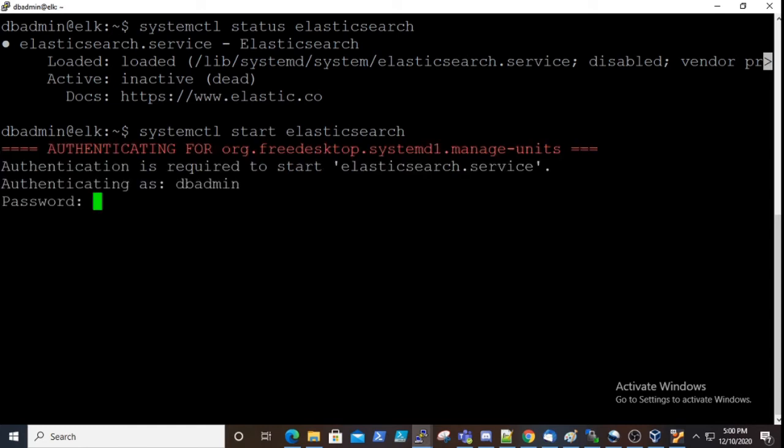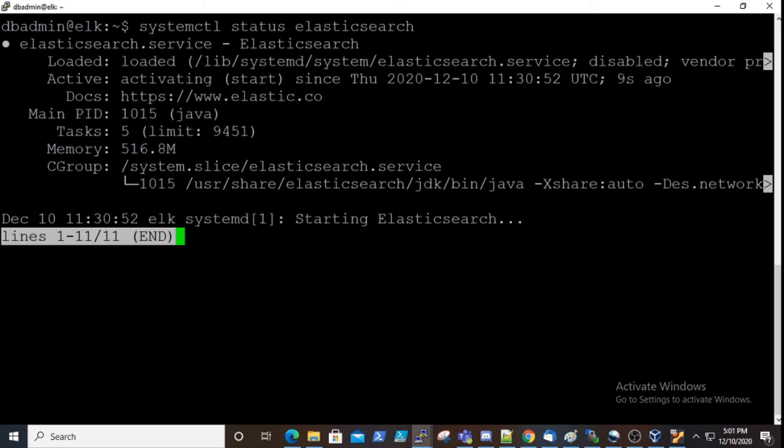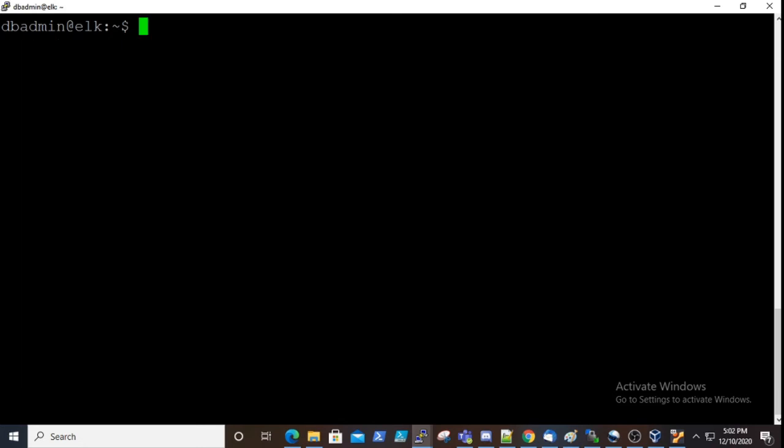Now we want to authenticate with our DB admin password. Okay, now again we will check the status. Yeah, it is activating, so it will take some time to spin up. In between we will use the curl command to insert some data into Elasticsearch. So for that we use curl -X PUT and the IP address